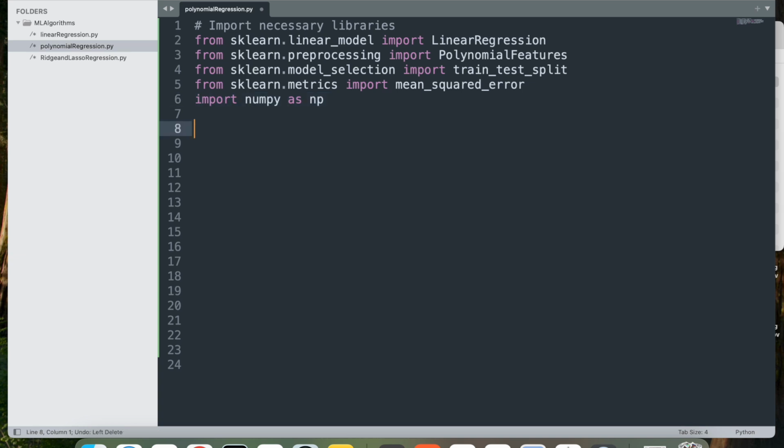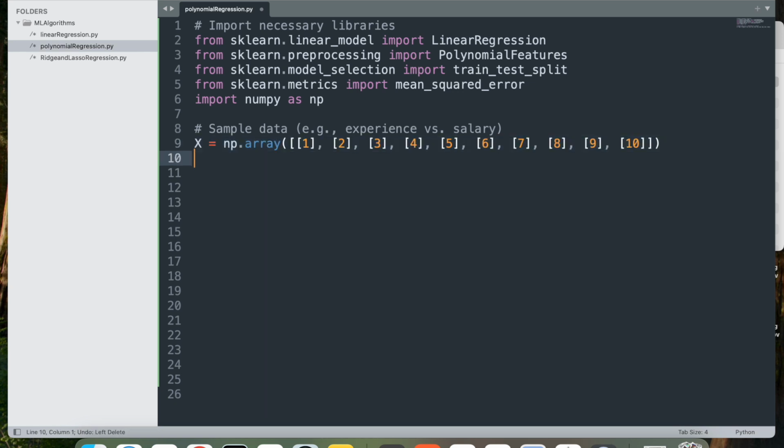Next, we will import numpy as np. This imports the numpy library for creating arrays and performing numerical operations in Python. Let's start with the sample data. In this particular example, I'm going to use experience versus salary. So for my experience, I'm going to say, depending on how many years of experience you have, 1, 2, 3, 4, 5. So this x defines the feature data